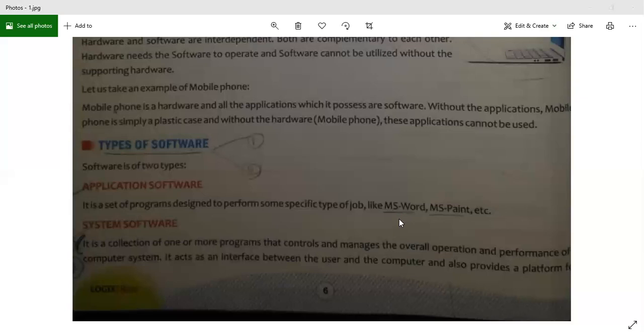Number two, system software. It is a collection of one or more programs that controls and manages the overall operation and performance of the computer system. Just like we have the teacher in the class who is controlling all the students, in the same way, I need at least one software that can control the entire computer system.